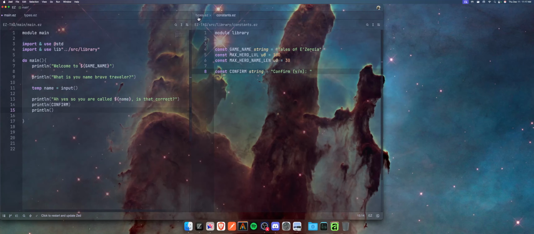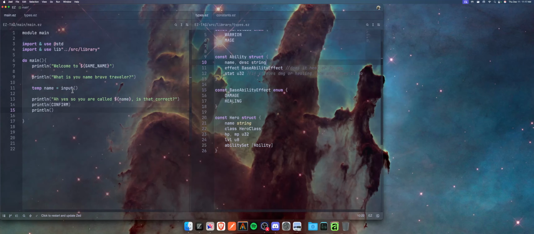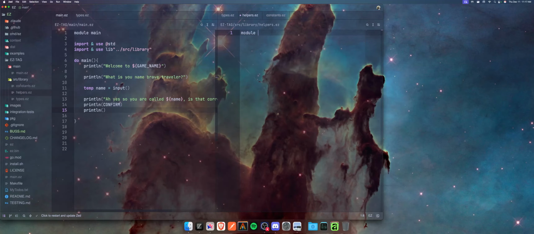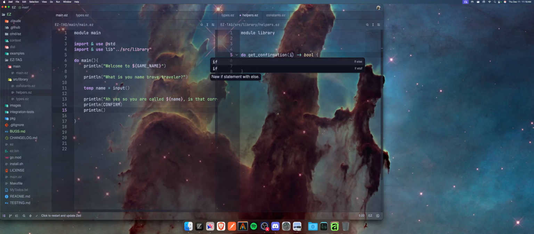We need to create a function. We'll call it helpers.easy module library and do get confirmation. And this is going to return a Boolean, and it's going to take an input as a string. So if input,